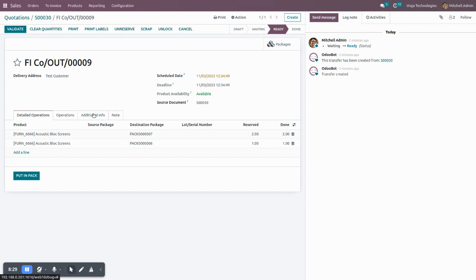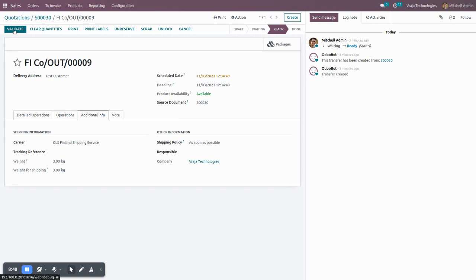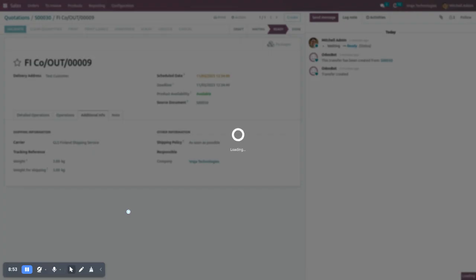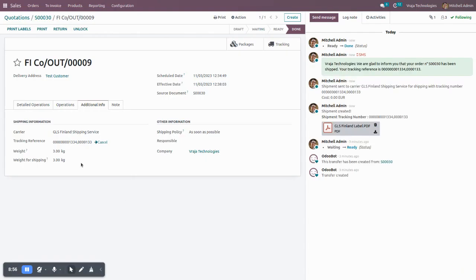At the time of validating the order, we export the order from Odoo to GLS Finland. At that time, we export details regarding sender, receiver, product, package, etc. So I'm just clicking on this Validate button. At that time, validate will export the order, and in return, GLS Finland will provide a tracking reference number and a shipment label. So you can see the tracking reference number we get from GLS Finland,